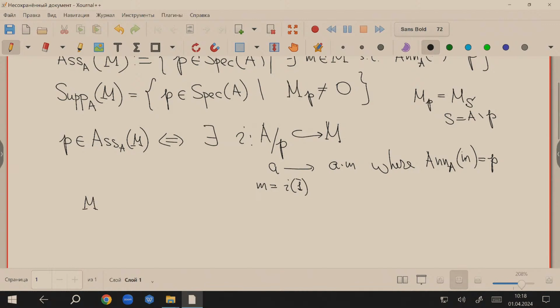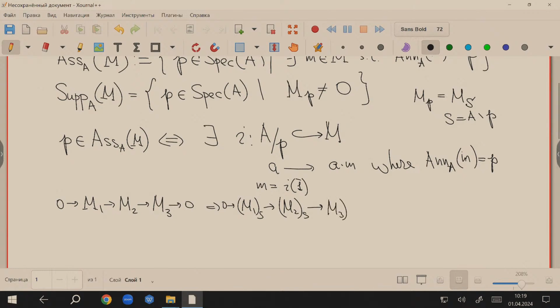If you have a sequence of modules where M3 is just the quotient of M2 by the image of M1, and M1 has an inclusion in M2, this means that the sequence, if you localize, is also exact. In particular, if you have inclusions of modules,